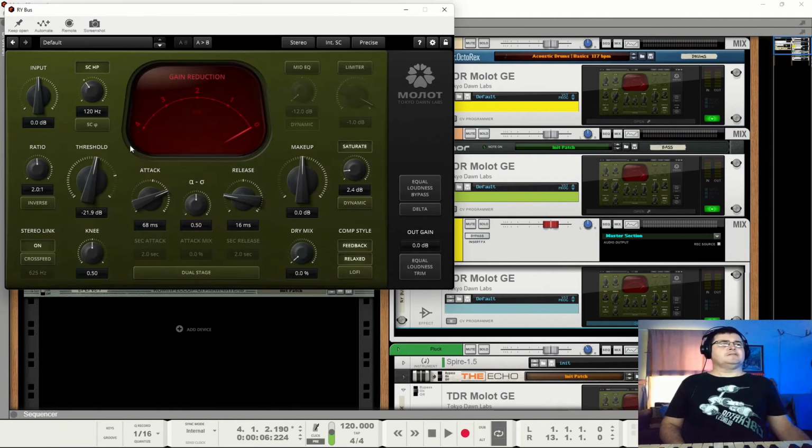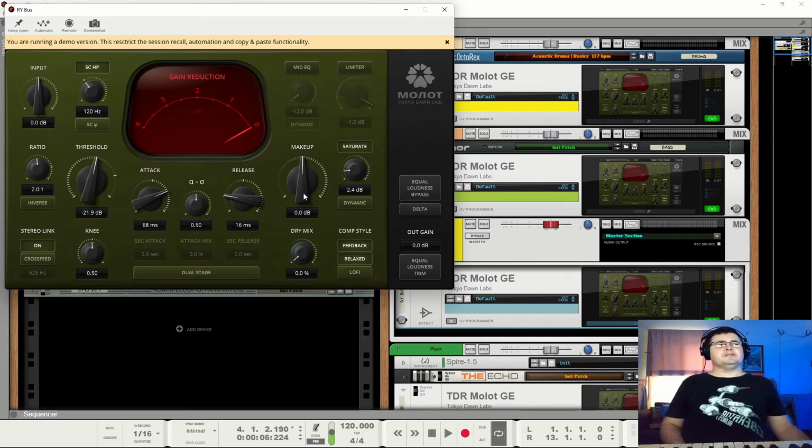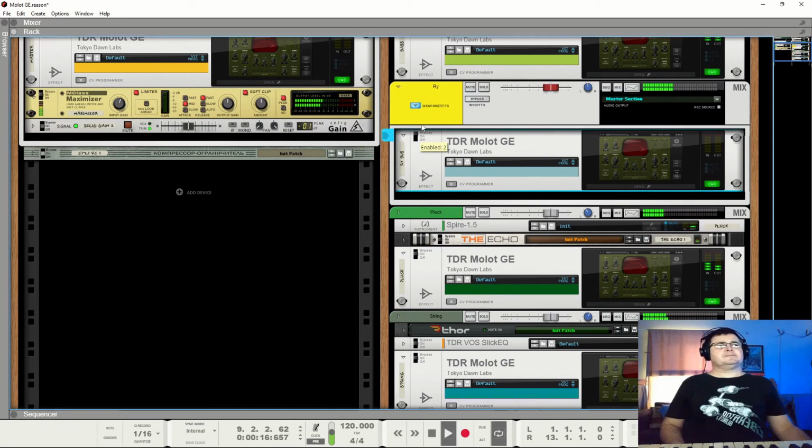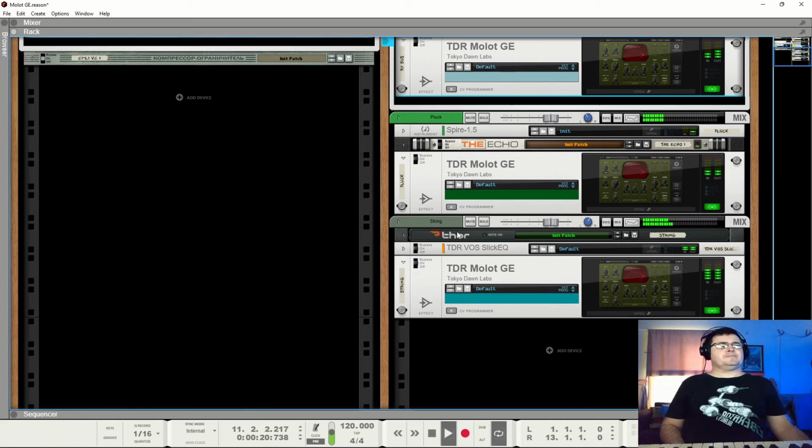I think we may have lost a little bit of level, or at least perceived level here. We possibly haven't lost as much level here as we did in other times.